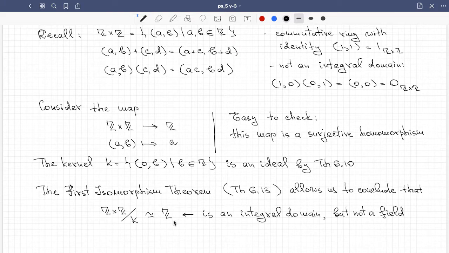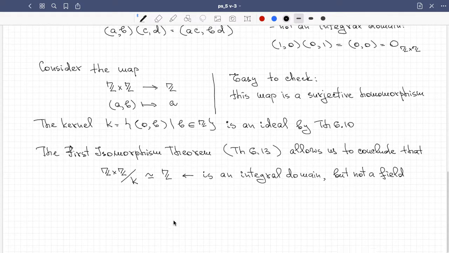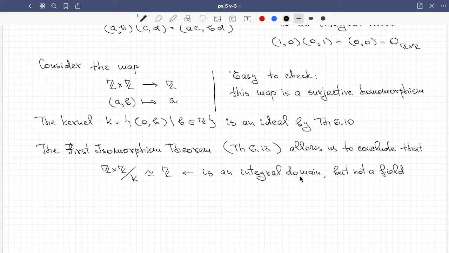Not every element is a unit, of course. There are very few units here. Thus, from the fact that this is an integral domain, we conclude that the ideal K is prime, by theorem 6.14,